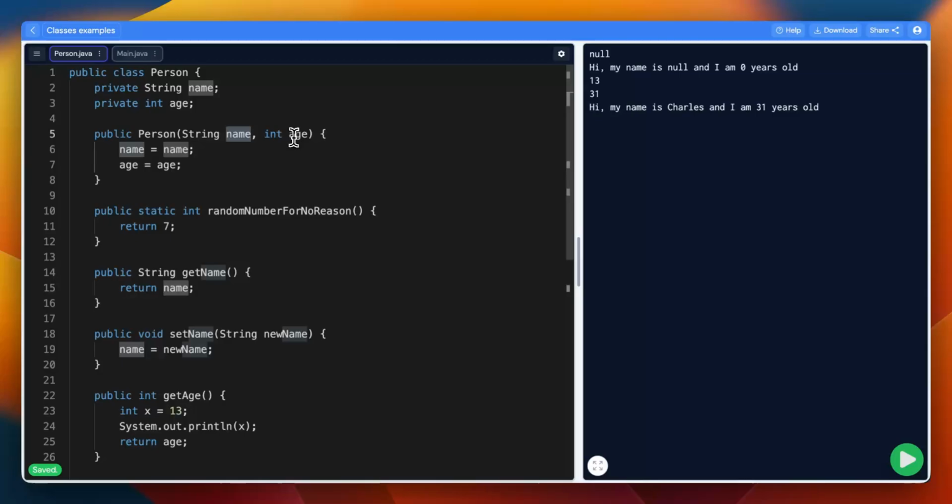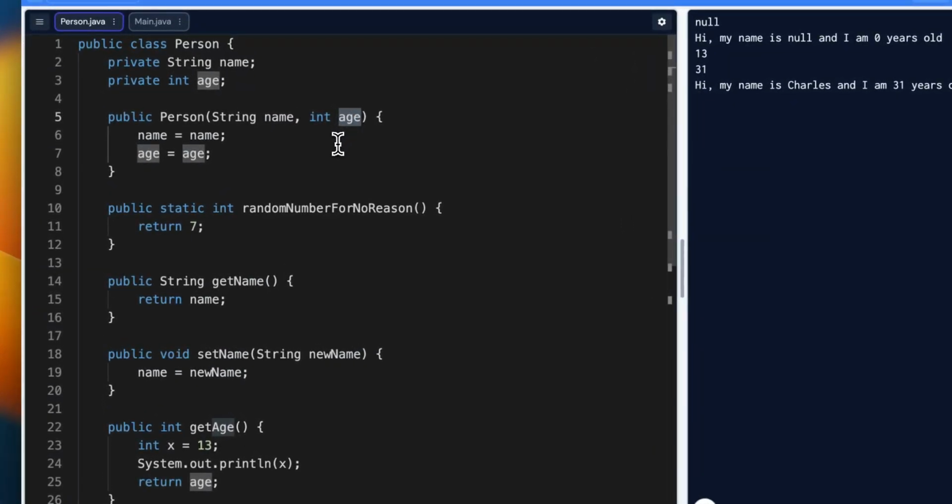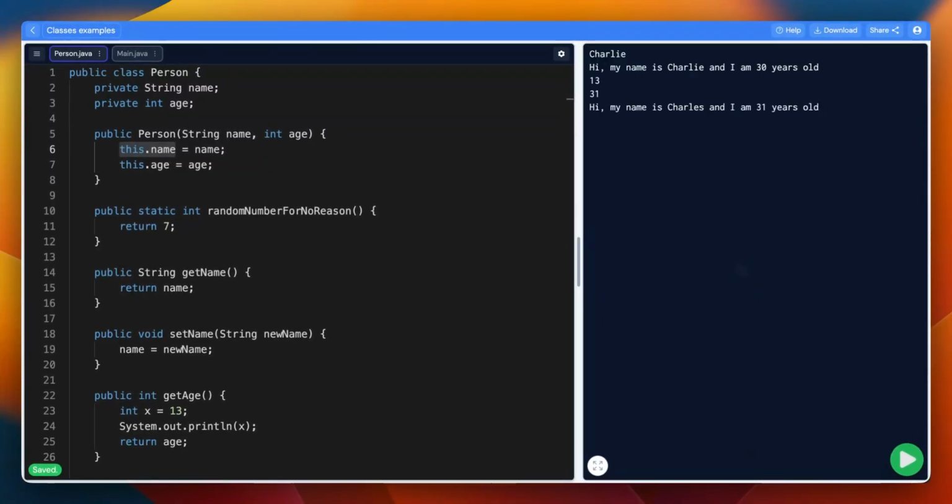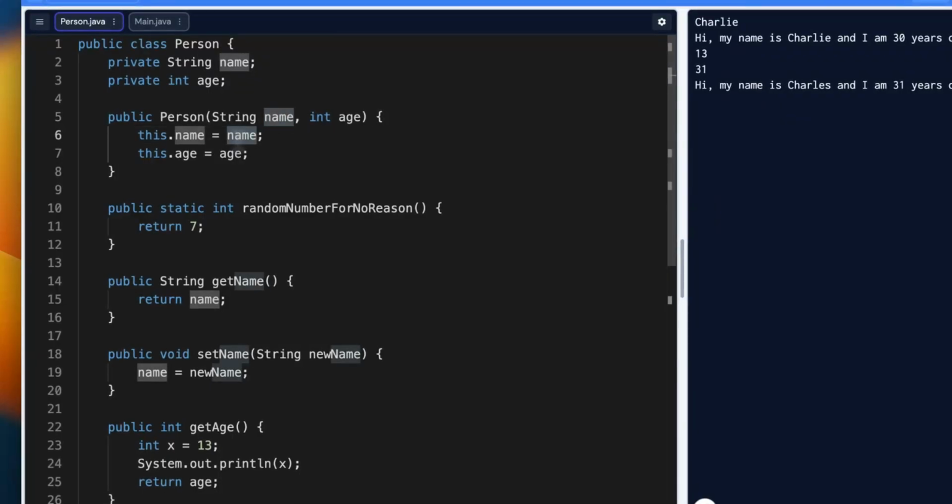So if we want to have our parameters be the same name as the instance variables, on the left-hand side of this, we definitely want to use the instance variable. The most specific way in which we can do that is by saying this.name. So now this will definitely work. Yeah, so our code is back to working because the parameters for the constructor had the same name as the instance variables. And so the way that we can be very specific and say, I really want to use the instance variable and not something else when I'm writing some line of code, you do this dot instance variable's name,